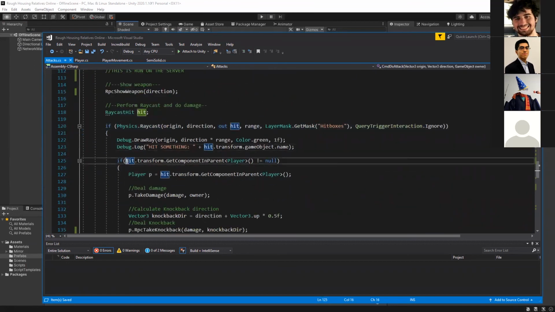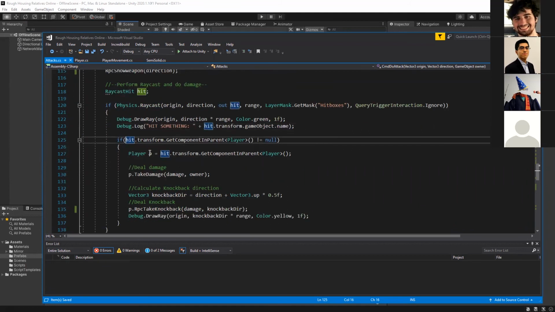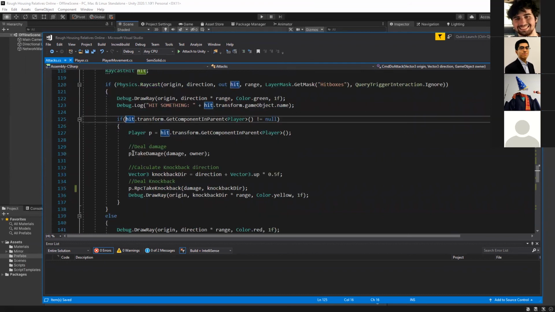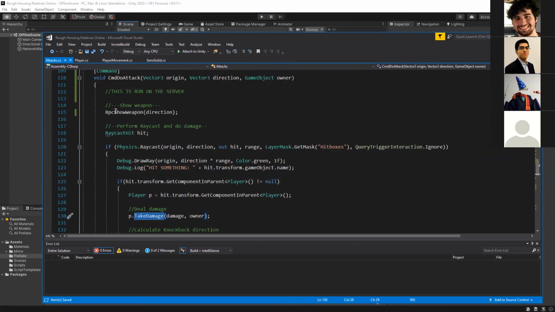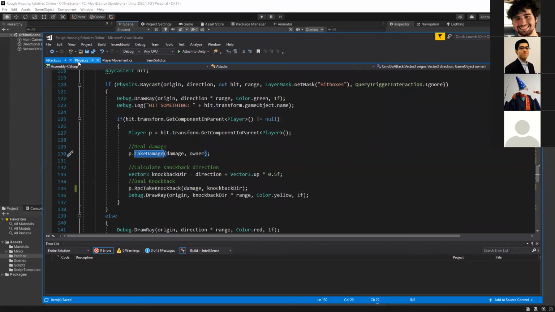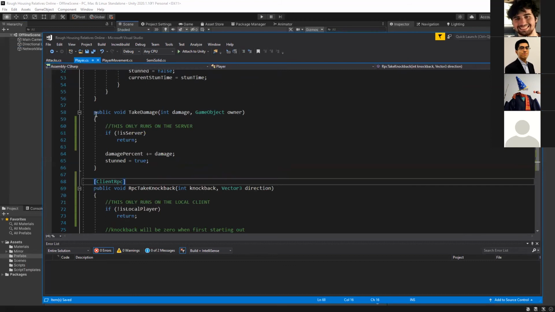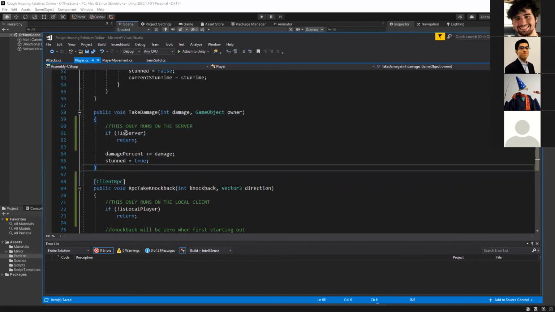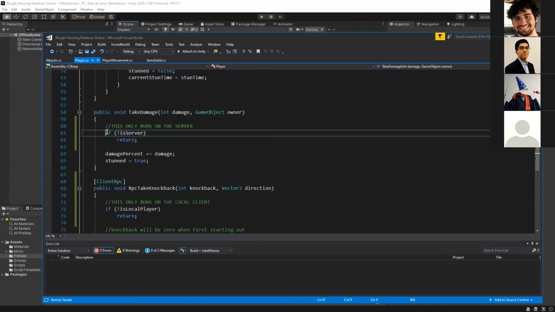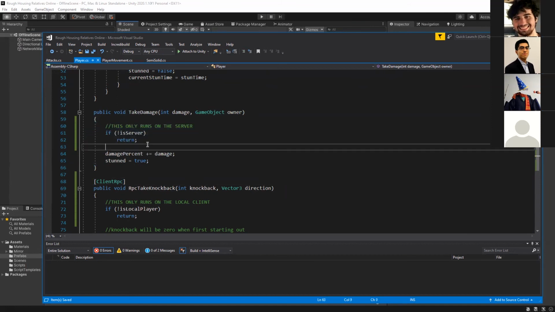If the server raycast hits another player, the server will take damage. This function here is only happening on the server because this command is only happening on the server. So in the player here, this is only happening on the server. But we're just putting this here as a gut check to make sure that it never gets run on another client.